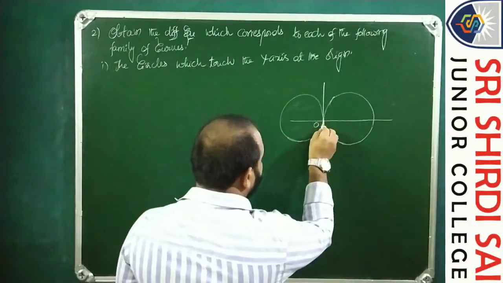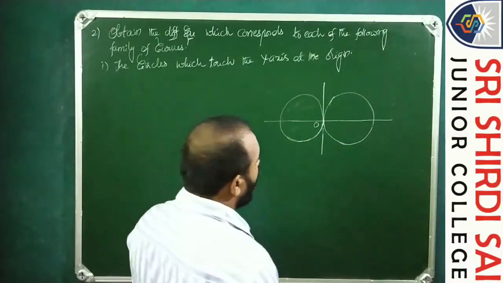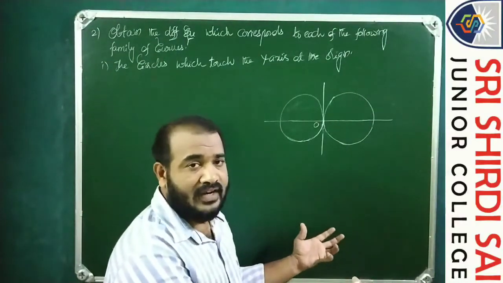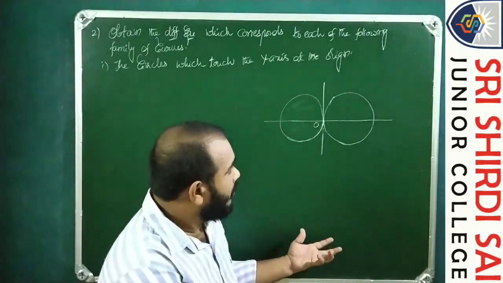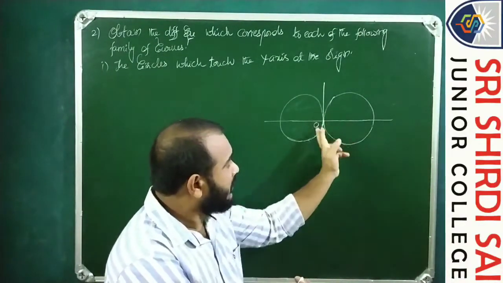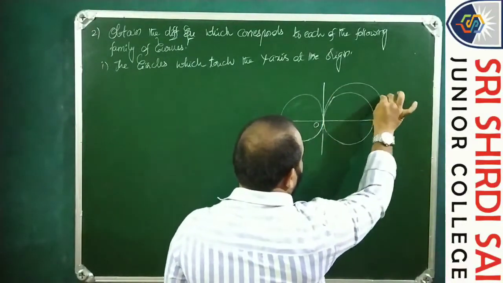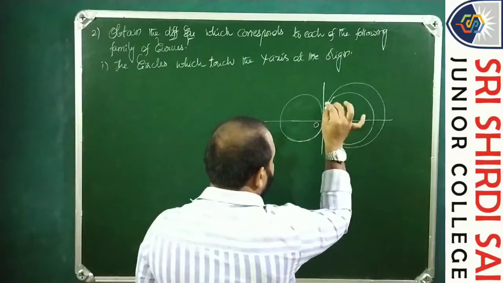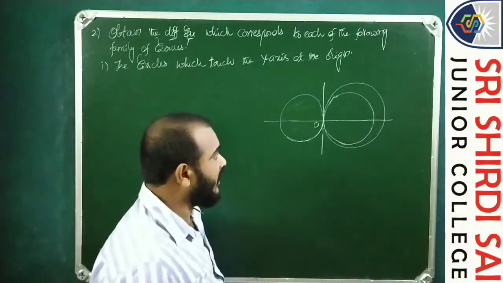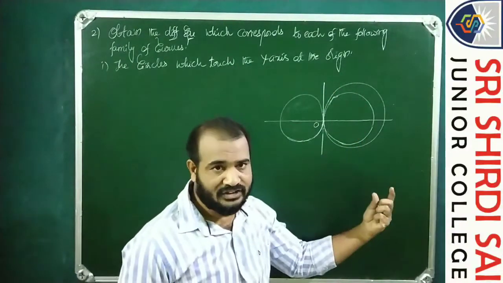Okay, this is also a circle passing through the origin. And not only these, we can have an infinite number of circles following the condition that they touch the y-axis and pass through the origin. Not only that, if you take this circle also for consideration, this is also one circle, likewise. So now one thing is clear, that the y-axis is acting like a tangent.